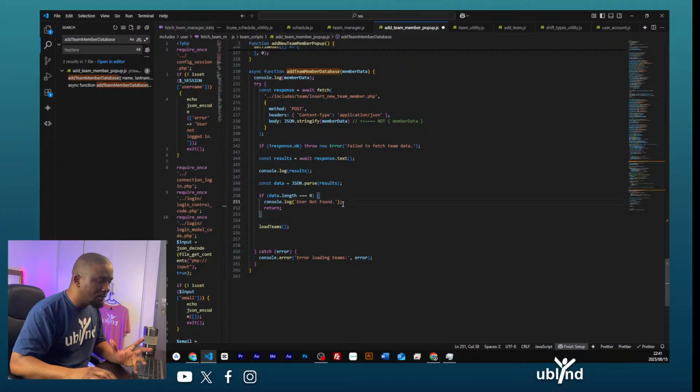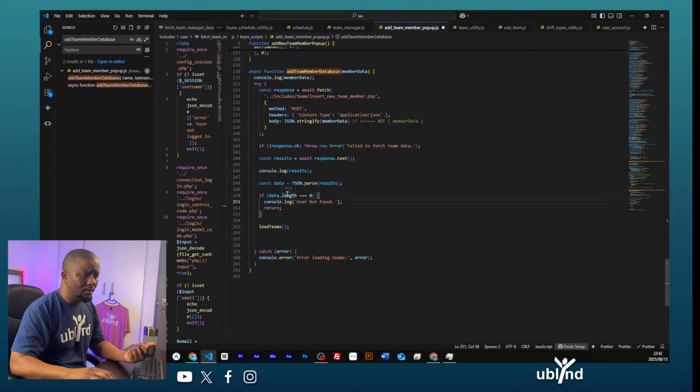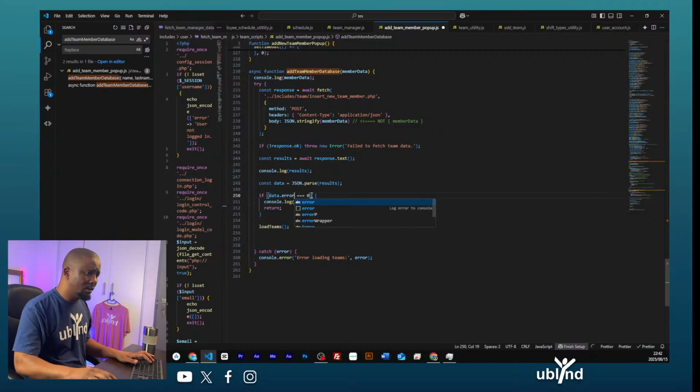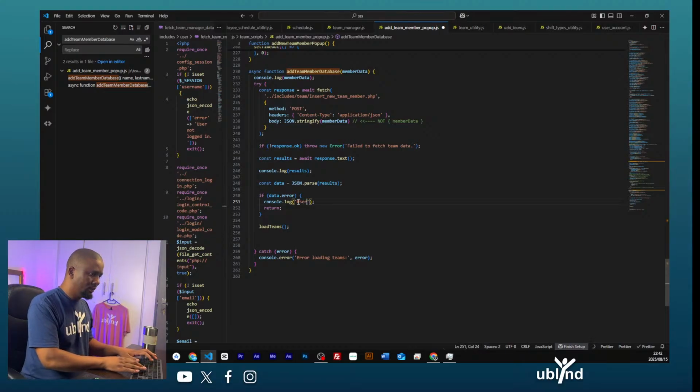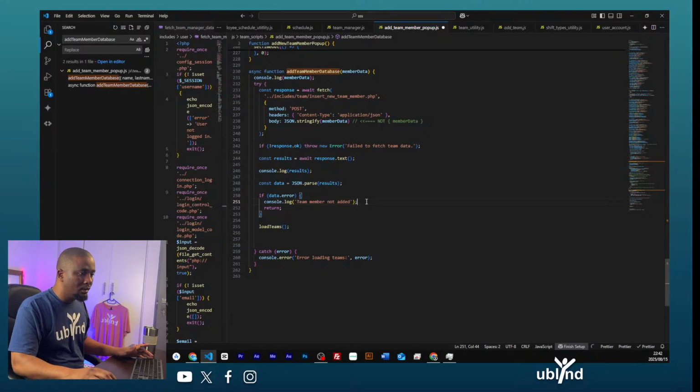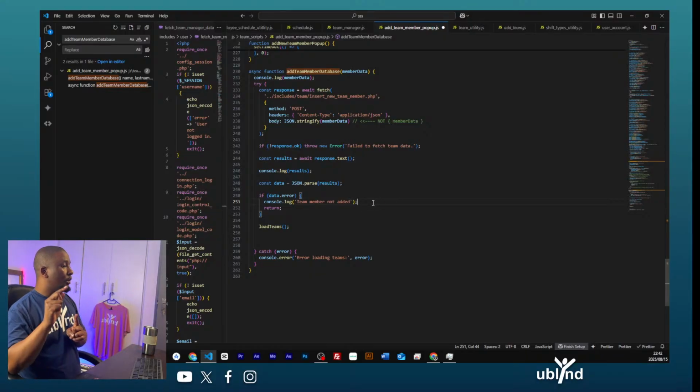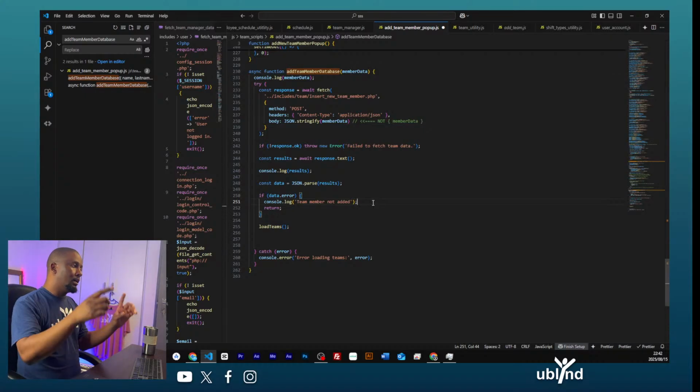So if user not found, which is something, oh, this doesn't make sense. So let's make this error. If we have an error here, then something is wrong. Could not insert. Let's just say team member not edit. Yes, so team member not edit, but we also want to put that on